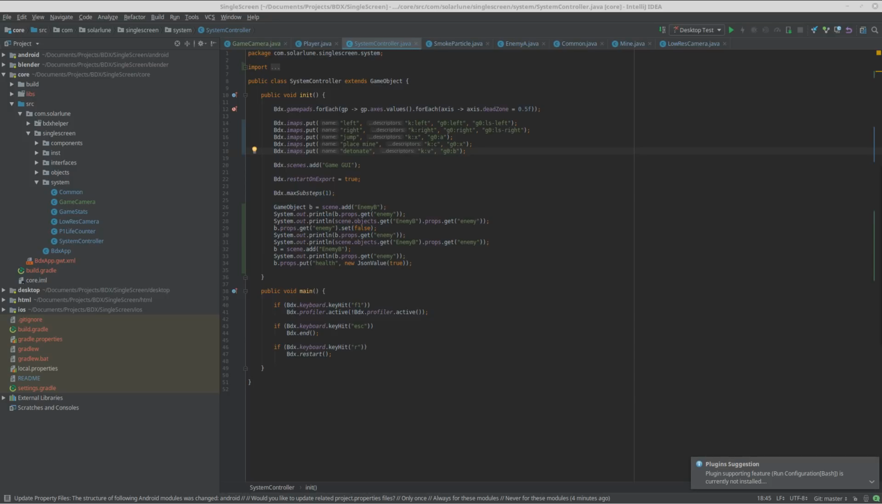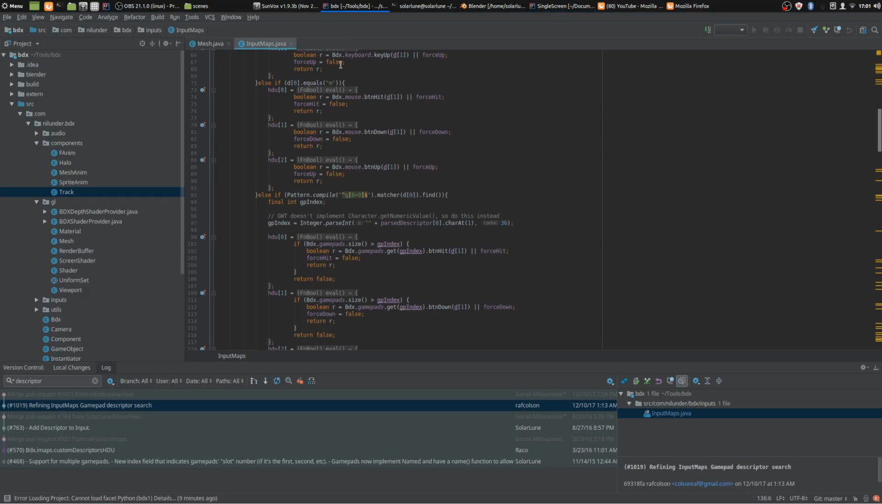Okay, so yeah, there we go. This is an example of a bug. You're not supposed to have to put a 0 there. You're supposed to be able to just put G left instead of G0 left. So we can fix that. So what we'll do,